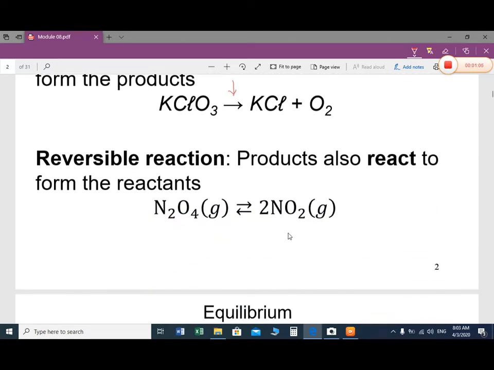Now the reversible reaction is represented by this type of arrow. This is a double arrow. The double arrow means this reaction is reversible. In this, the products also react in the backward direction and make the reactants, so the reaction goes in both directions. That is the situation where equilibrium will be attained. In the irreversible reaction, equilibrium will not be attained. It is a one-way reaction, so there is no equilibrium here. But in a reversible reaction, equilibrium will be attained. So when you see this sign, it is a sign of the equilibrium state.